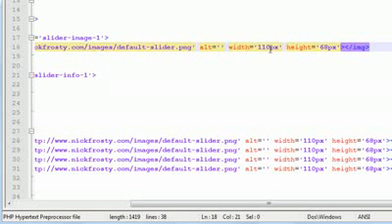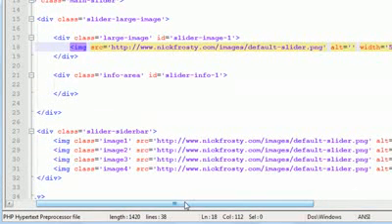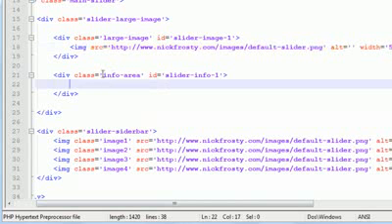and we're going to change the width and the height of the image. So the width we're going to change to 520 pixels, and the height to 230 pixels. So that will give us enough room for our information bar that can go beneath the image. Now our information bar, or information area if you will, it's just going to have an anchor tag,